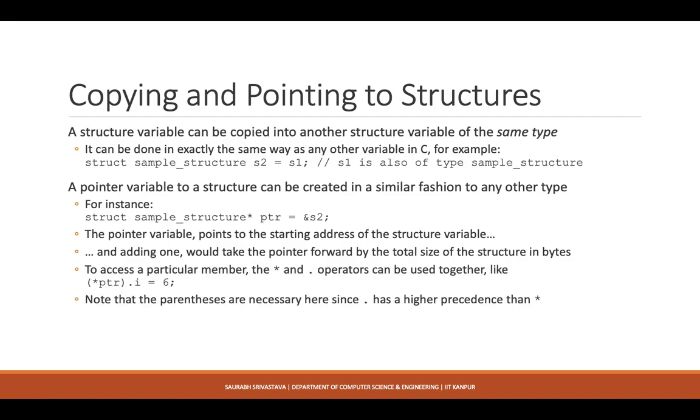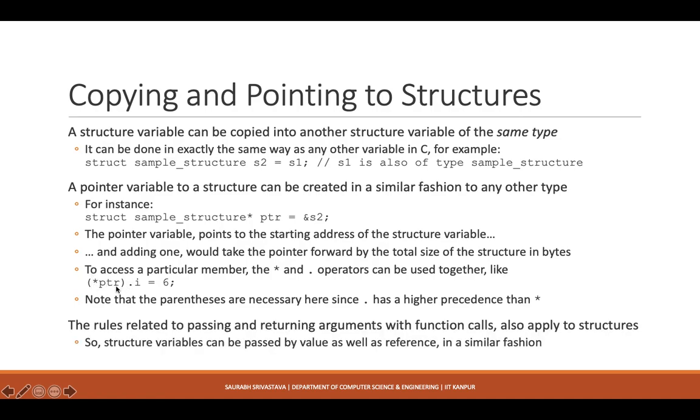In order to access a particular member variable through a pointer, you have to do something like this, asterisk ptr. And one thing that you have to note here is that I have included this in parentheses. The reason for this is that the dot operator has a higher precedence than the asterisk operator. So in order to be interpreted properly, you have to put this inside parentheses.